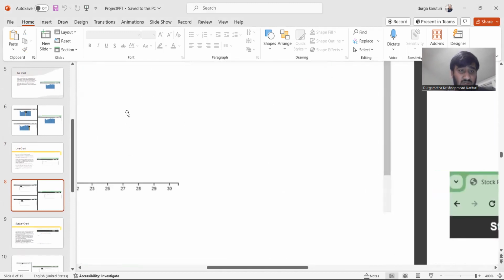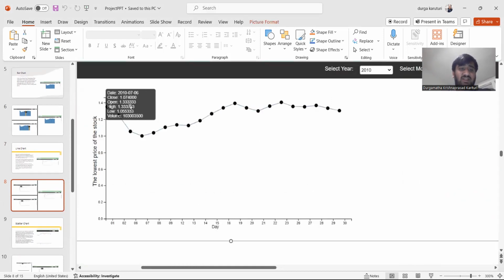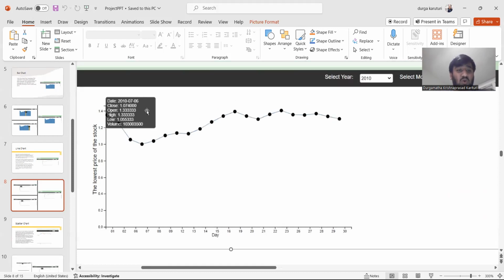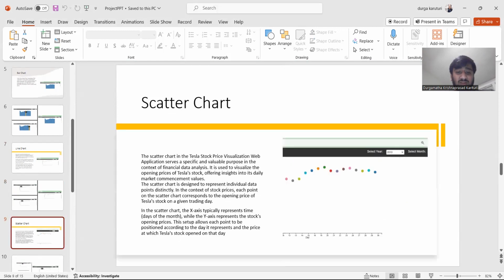Now in this one, we can see the date as 2010, year as 2010, 0706, closing, open, high, low, volume, and everything. Yeah. When it comes to the scatter chart,